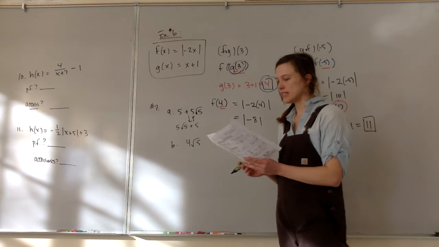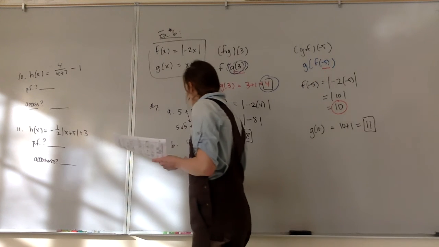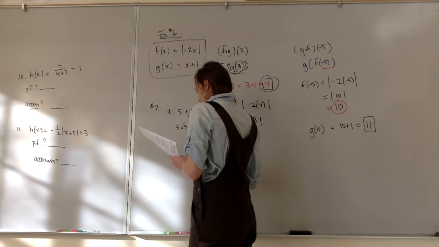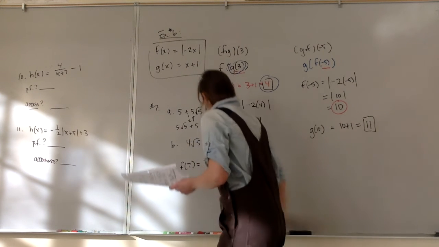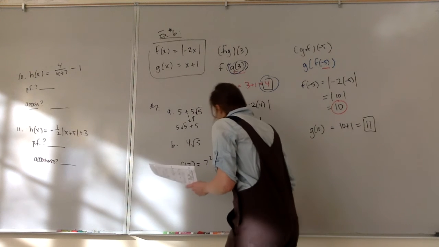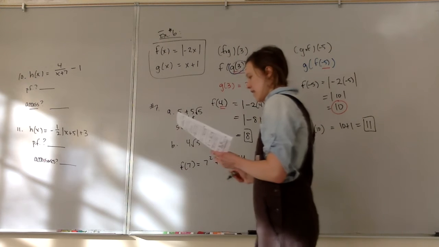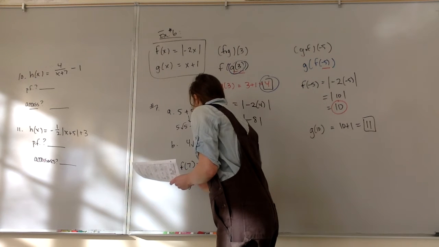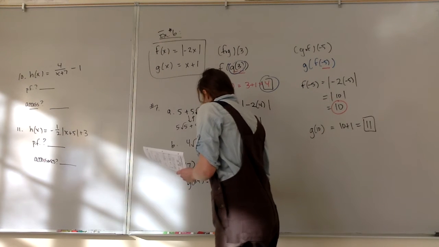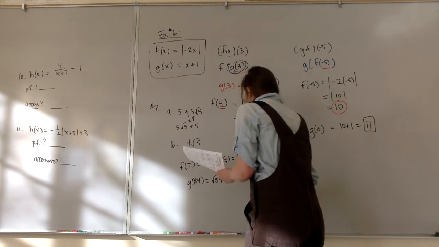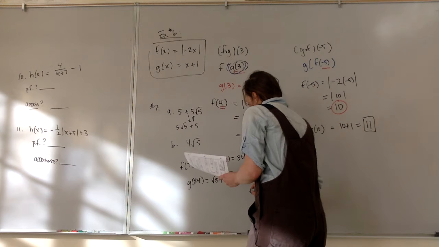So I did f of 7, which equals 7 squared plus 5 times 7, which equals 84. And then I did g of 84, which equals square root of 84 minus 4, which equals square root of 80, which equals